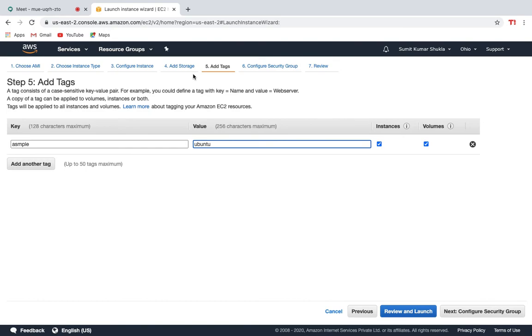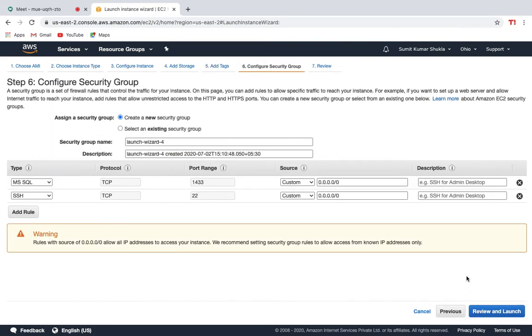Tags. Give it a good name. Linux. Next, configure security groups. Launch wizard.